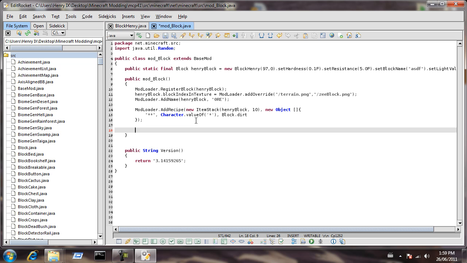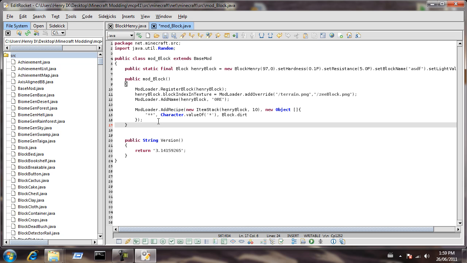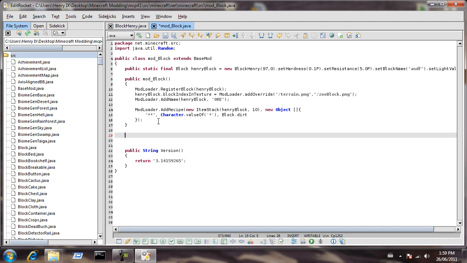Okay, so what you want to do is, outside of public mod_block, meaning after this squiggly bracket, we have to add a function that will tell Minecraft to generate this block randomly when you create a new world. So most of this is just copying, but I will explain which parts you can customize when I get to them. So we're going to type public void generate surface world random rand int chunk x int chunk z,